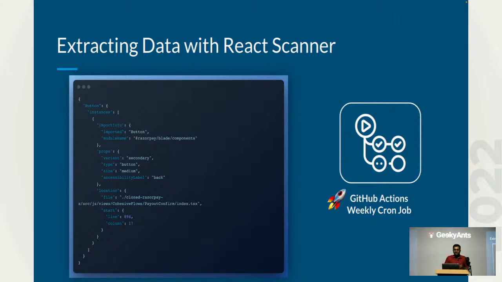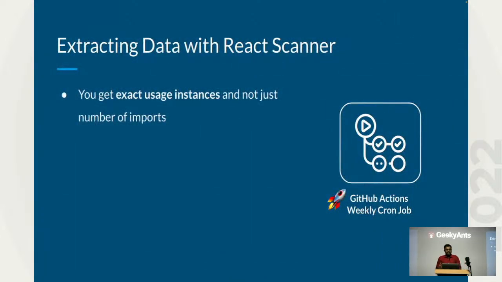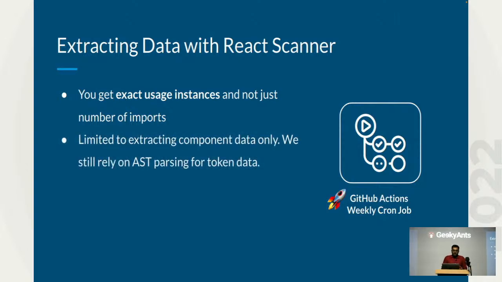So we took all of this data and we sent it to our analytics service. What this meant is that with AST, we were getting only the number of imports. With React Scanner, we were getting the exact usage instances. If there's one file, one import, but 10 times they're using the button, we get the data 10 times. But unfortunately, it was limited only to extracting component data and not token data. So for token data, we are still using AST parsing, but for component data, React Scanner has worked out